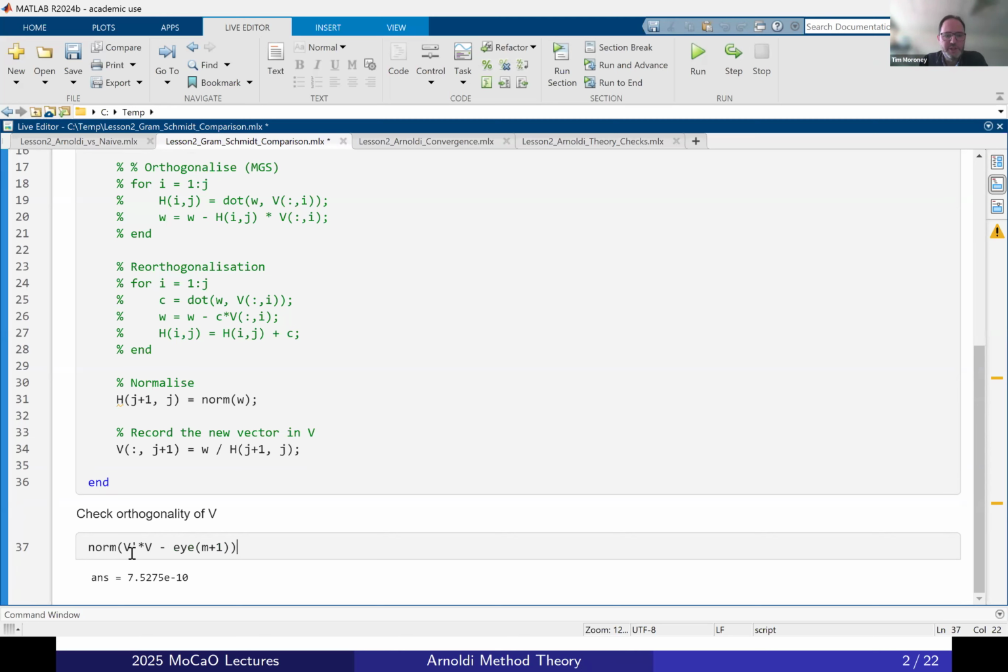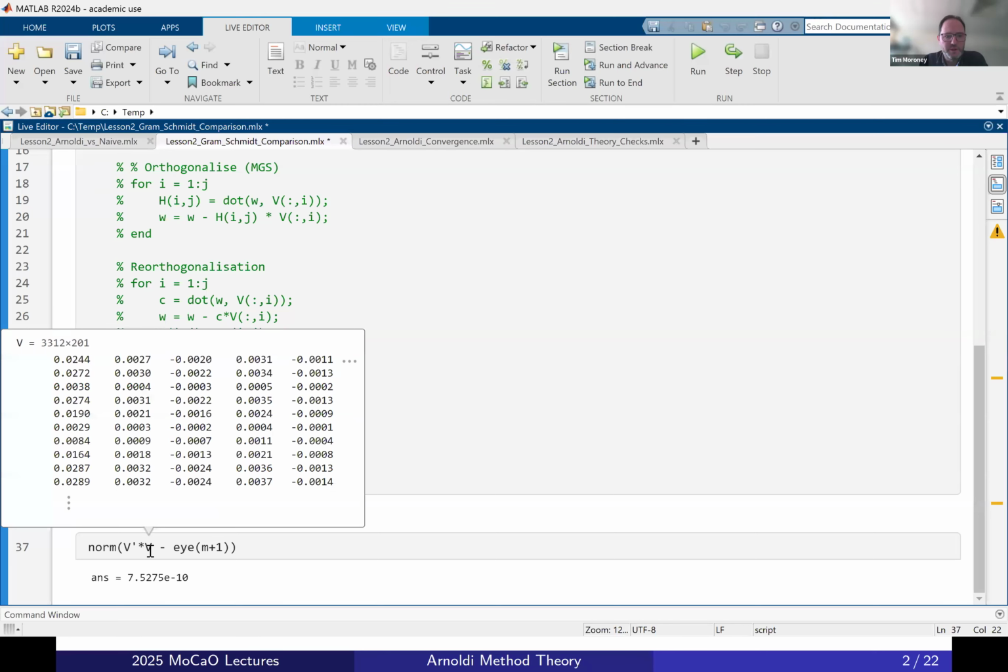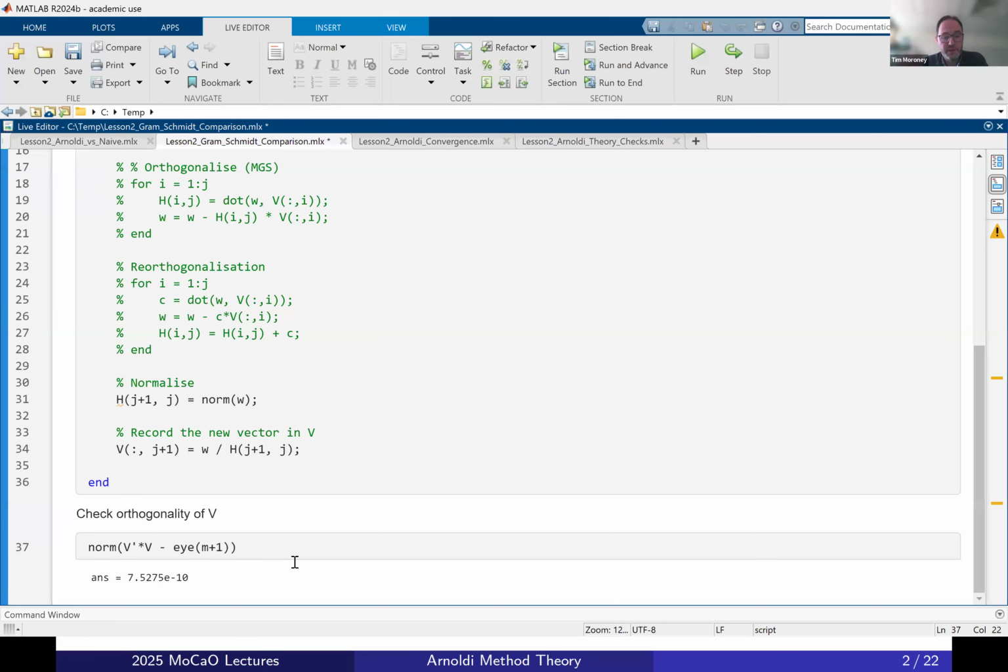Okay, so V transpose times V should be an identity matrix, right? It should have a value of 1 when you're dotting the vector with itself and a value of 0 otherwise. But over the long run, that's drifting a bit. Okay, now compare that